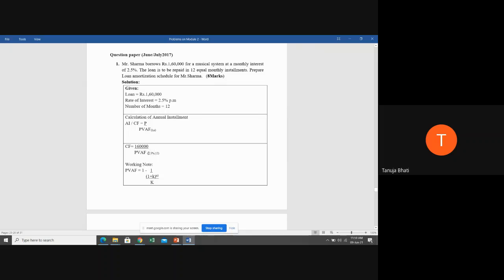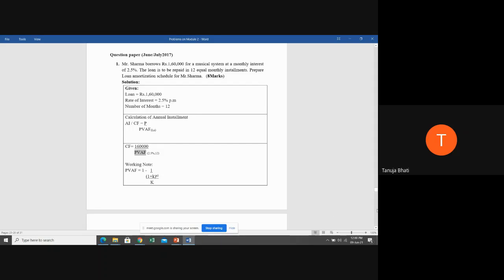months. Now, can anyone tell me, can I use tables to find out the value of present value annuity factor? No. If you cannot make use of the tables, what is the next alternative? You have to use a formula. To calculate present value annuity factor, there are two methods. Use the table. If the table is not available, or you cannot use the table because decimal percentages are given, then you need to use the formula.